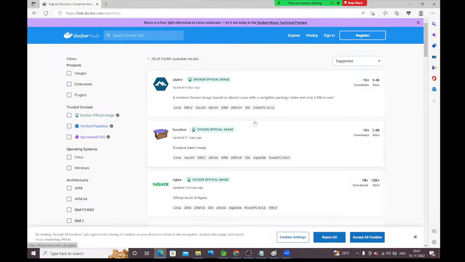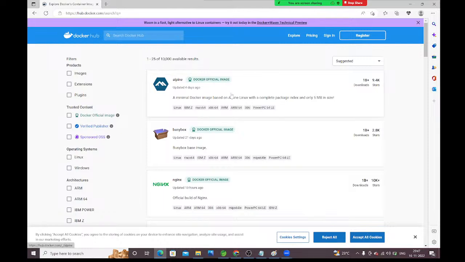Whatever images are available there, those images are available for all people. Anyone can access these images. At the same time, we can also create a private registry in our company, in our project, so that only the people who are working can access those images, guys. That is called a private registry, right? We will discuss how to create the private registry and how to upload images into the public registry, everything we